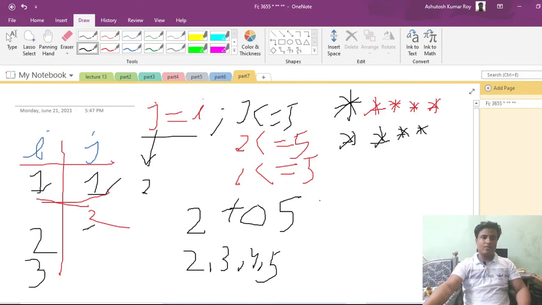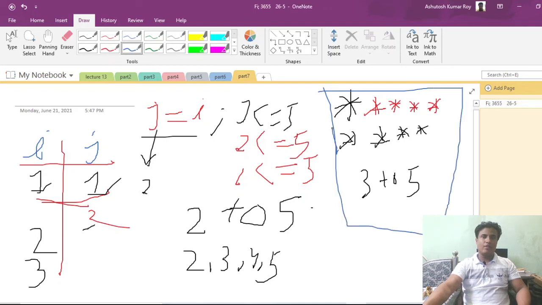So it will now run from 3 to 5. Similarly, it will now print in reverse order. Okay, so only this logic which we have thought of is working correctly. So we'll apply this logic now.